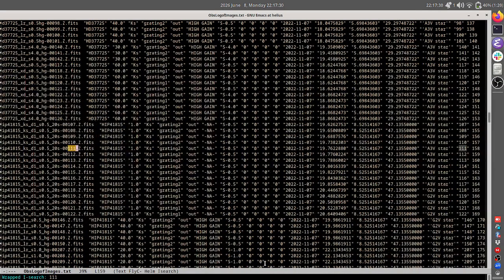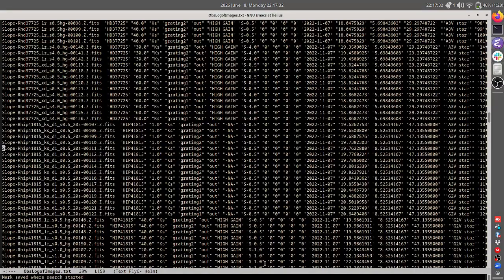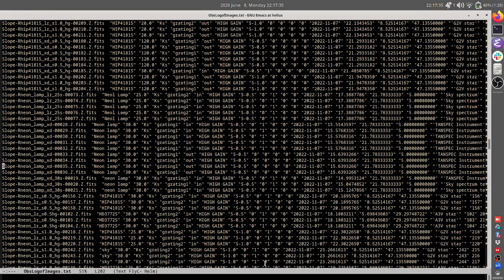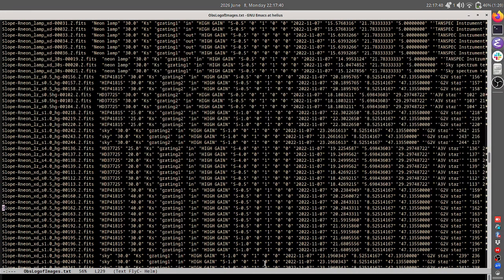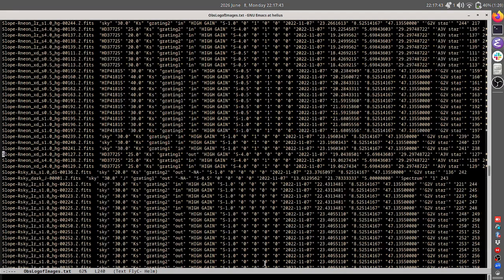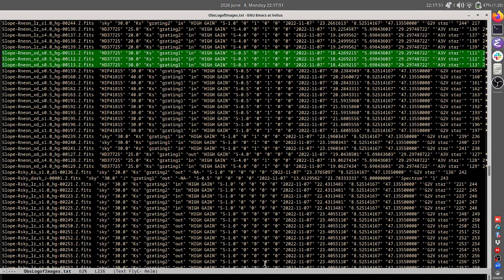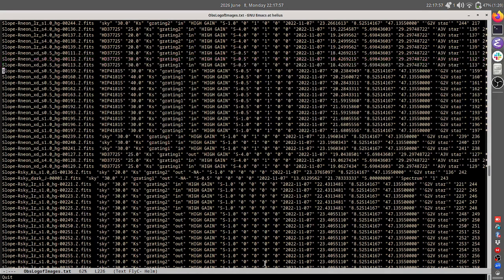Then it got something like this. Neon lamp XP 0.5. Neon XT. Here we found that 111, 112, 113. Those are the neon frames we need. Others are neon frames, but those frames were not taken with this specific observation. So we cannot use that for this one, because